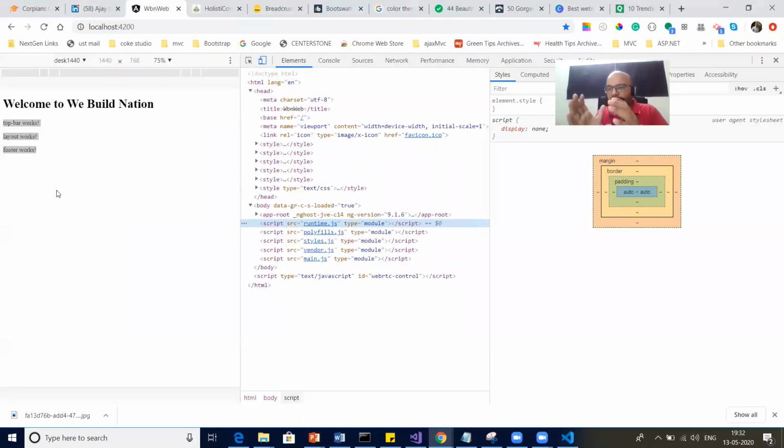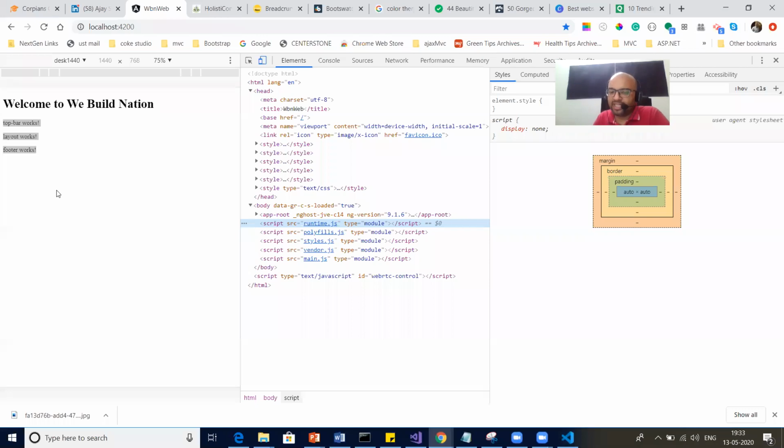All of this gets together and one bundle is created. So you might have 500 components, and all 500 will get compiled into one single file, which is main.js.